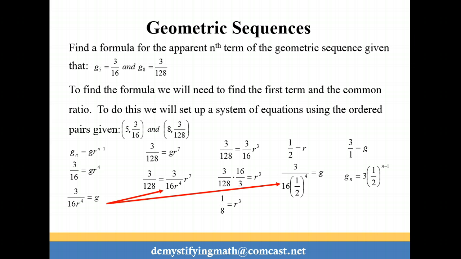Now again, you want to check your work, so you want to look for the 8th term having a value of 3 over 128. So plugging in 8 and subtracting 1 from your exponent, you get 1/2 to the 7th, which is 1 over 128, and then multiplying by 3, we get 3 over 128. So we know that we found this formula correctly as well. And now that you have the formula, you can go back and find the first term, the third term, whatever term that you need